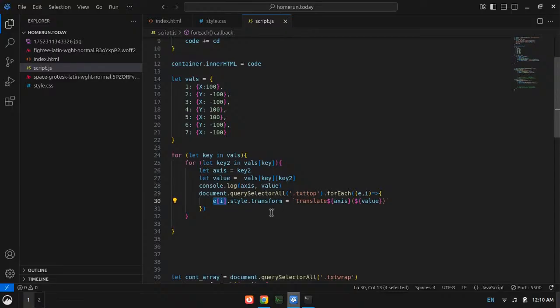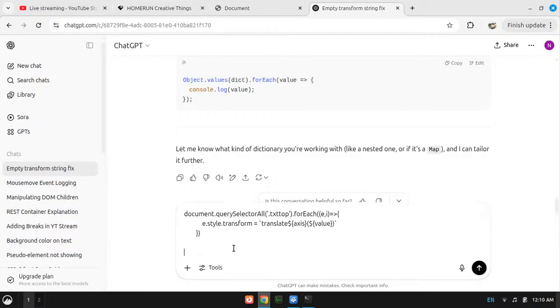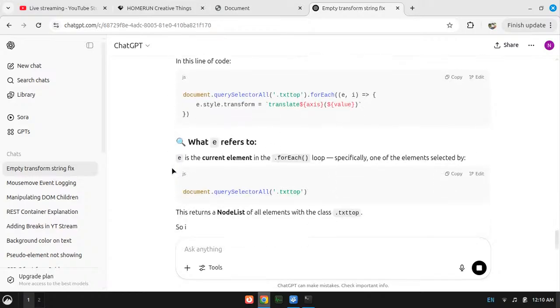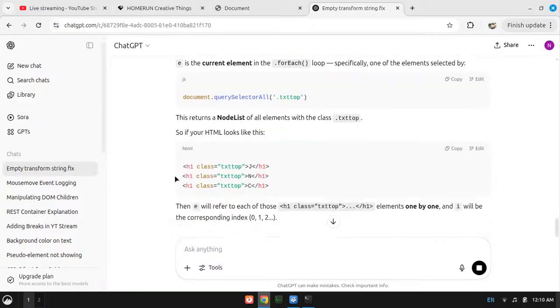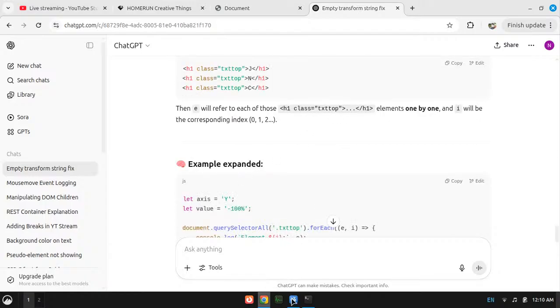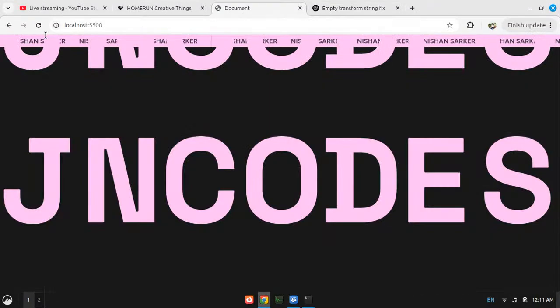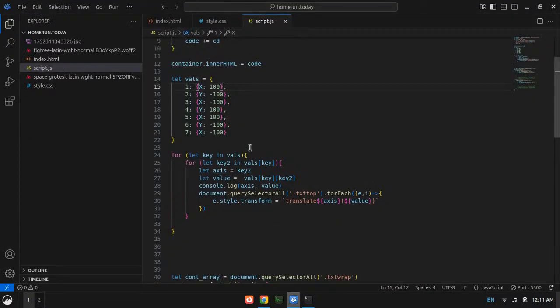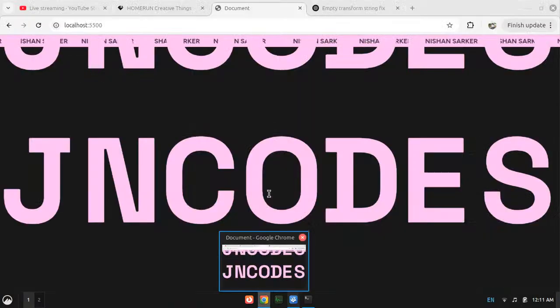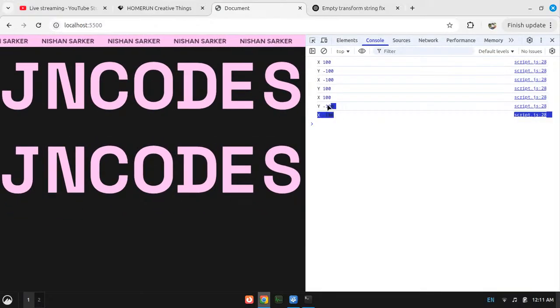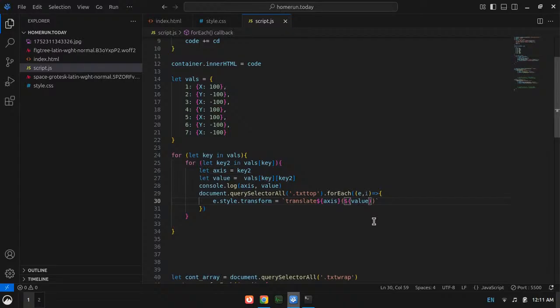So what I need to do is... percent symbol here.